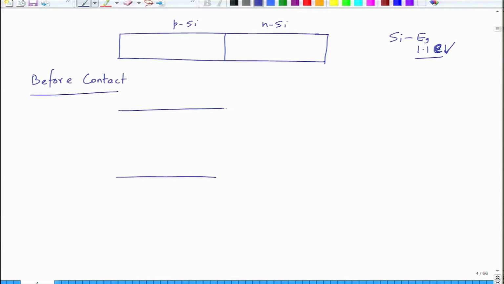So, this is for P silicon, this is for N silicon, conduction band edge, valence band edge. Before making a contact, the Fermi level of P type will lie somewhere here. Depending upon the doping level, you will have the Fermi level of P, and depending upon the doping level of N, you will have EF N. So, essentially you are saying that this material is P type. P type basically means that you have acceptor kind of materials.